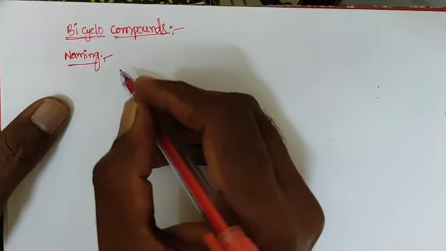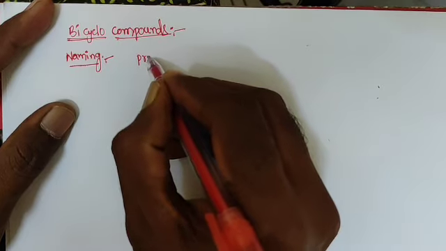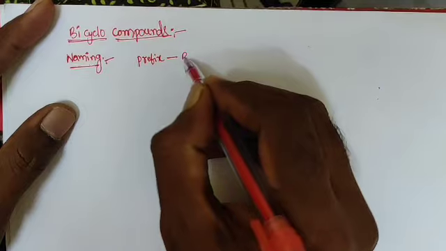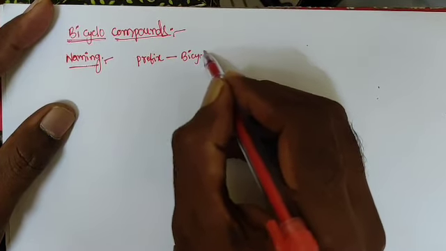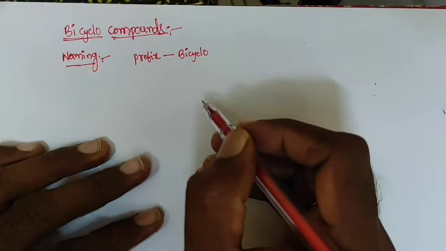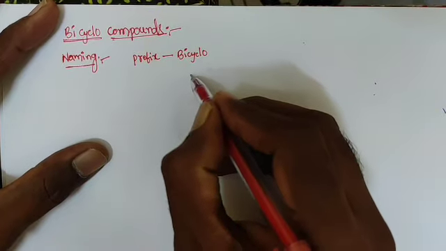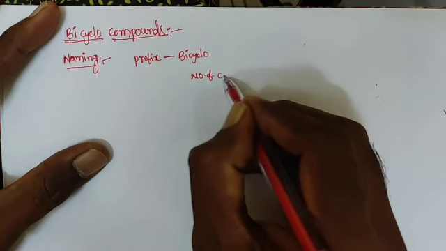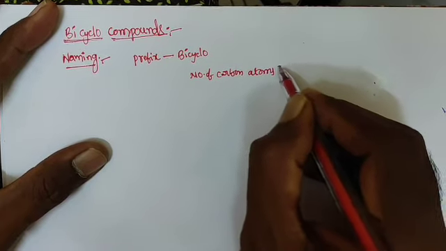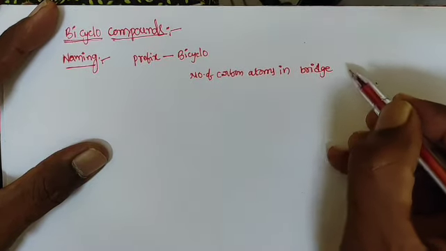Naming of the bicyclo compounds. Here the prefix is bicyclo. Number of carbon atoms in a bridge